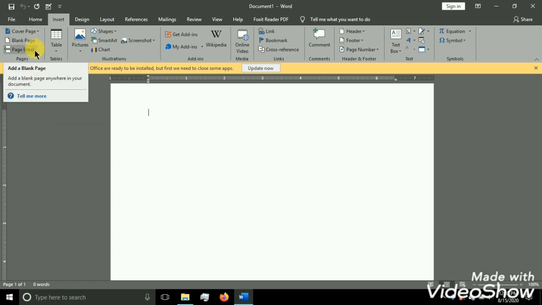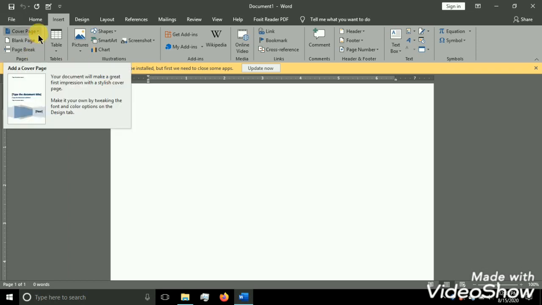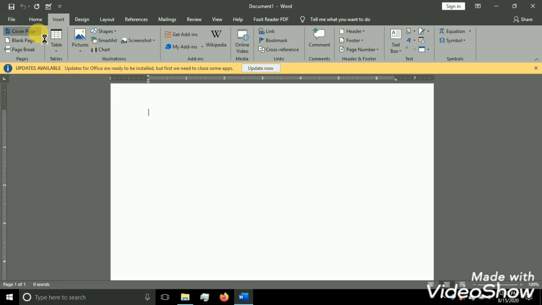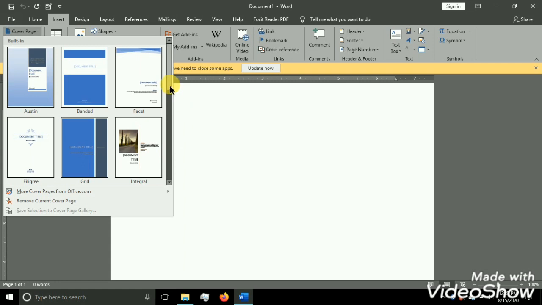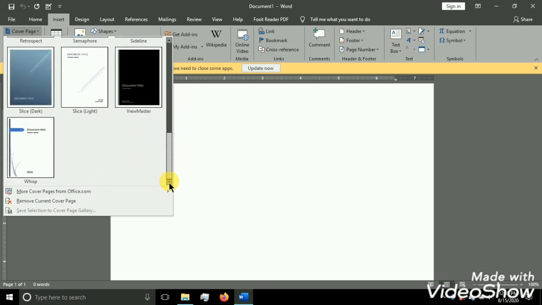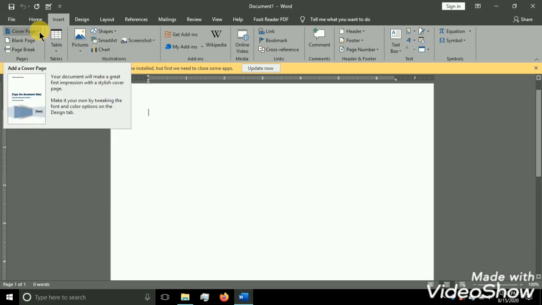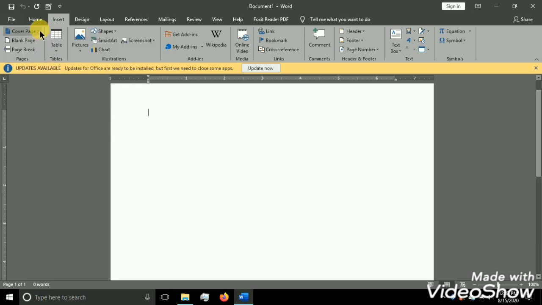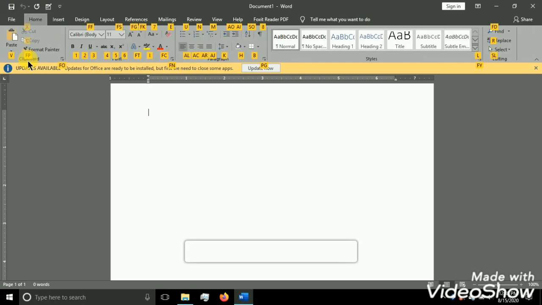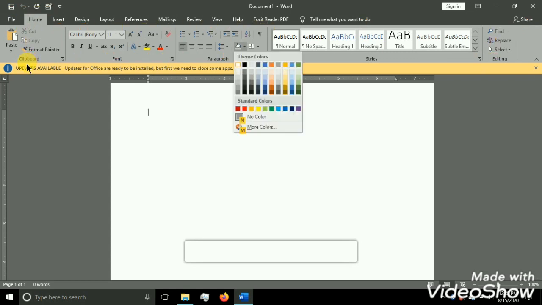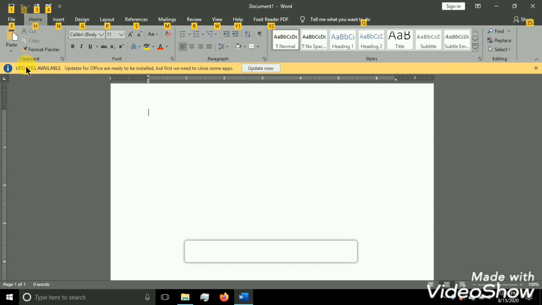everyone can see cover pages everywhere. For example, whenever we take any textbook, the first page is nothing but a cover page. Whenever we see any project, the first page is also a cover page. So what is a cover page? A cover page is very attractive, with pictures, the title of the book, author name, version of the book, etc. All these cover pages are made by using this cover page tool.